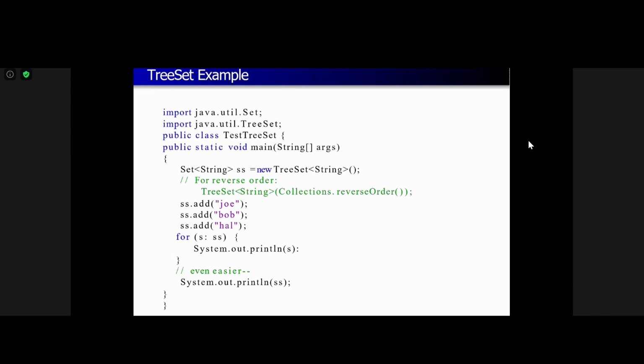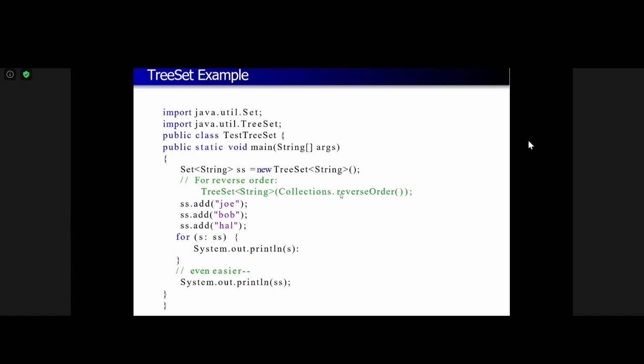Okay, so here's a simple example to use a tree set. You can see we can set up a tree set and we can just call it a set because, in fact, we could do the same code with a hash set and it would give you exactly the same results, except possibly for order. As usual, we have to import the classes that we need to use, and then we're just having a main in here. Create a new tree set,